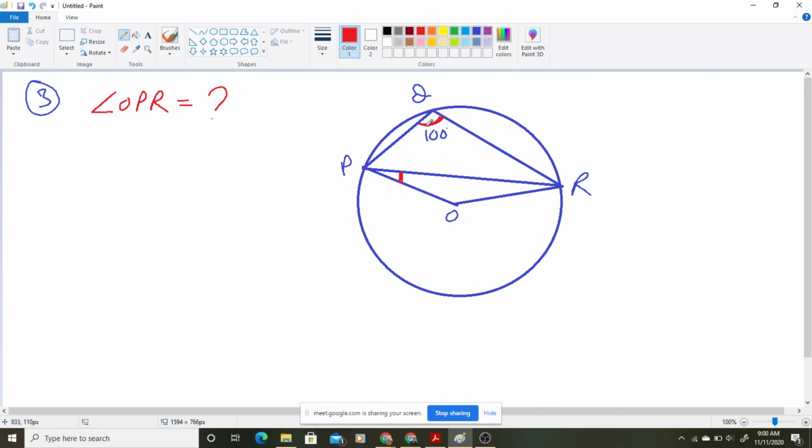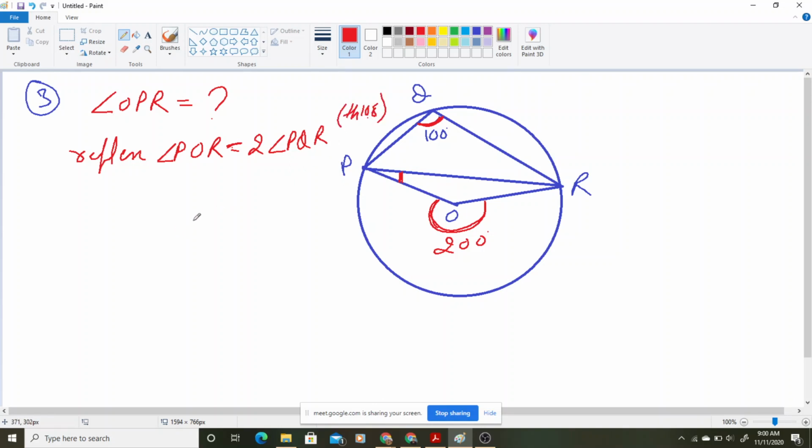Now see, this angle is 100, so that means this reflex angle, this one, will be 200 degree. Reflex angle POR will be equal to 2 times angle PQR. Again we are using theorem 10.8, you can write the statement, angle subtended by an arc